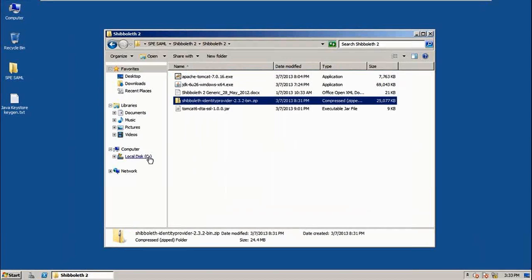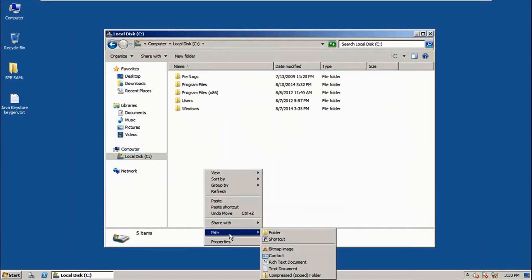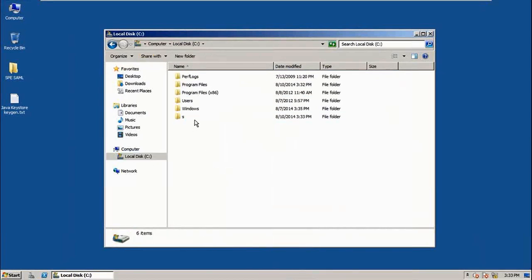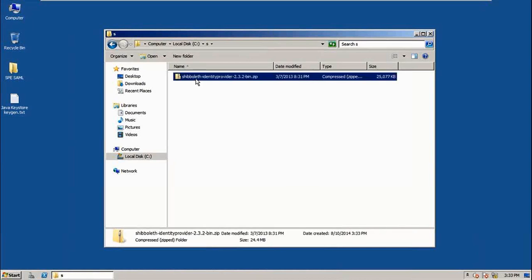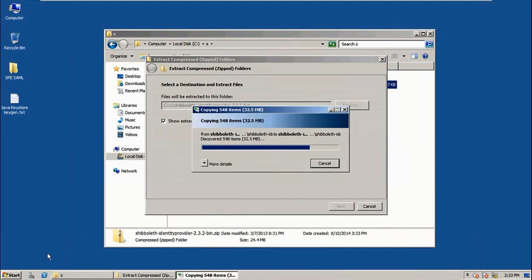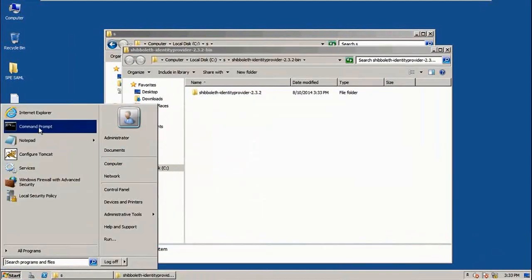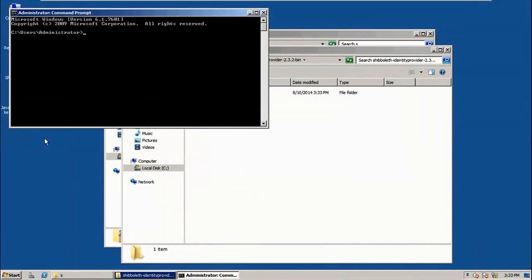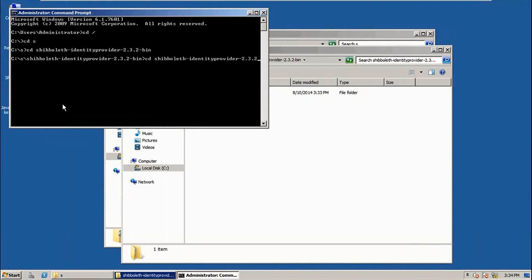So I now need to extract the Shibboleth IDP, and because of long file names, I'm going to extract it into a folder called S, simply because there is a known error you will receive if you don't start it from a short directory name. So I'm going to install this by running the install.bat,